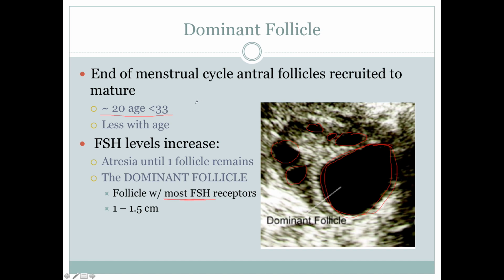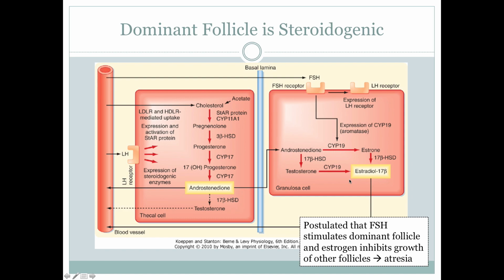So as I mentioned, about 20 follicles before the age of 33, and no magic age. Sometimes they use the age 35 as like something terrible will happen after that. It's really just with age, the older you get, the amount of follicles that are matured each month goes down. So this happens until one remains, and this is something that's monitored by people getting fertility treatment. So they go for sonograms to make sure a dominant follicle has been created, and they're pretty big, about 1 to 1.5 centimeters. So now that tiny little egg inside of here is going to have to make its way out.